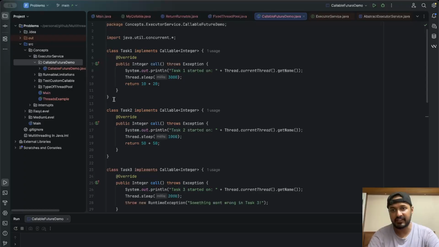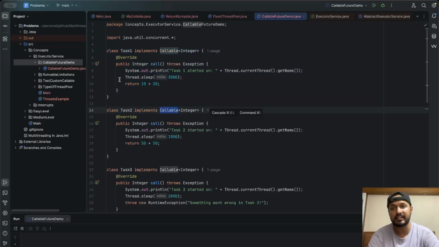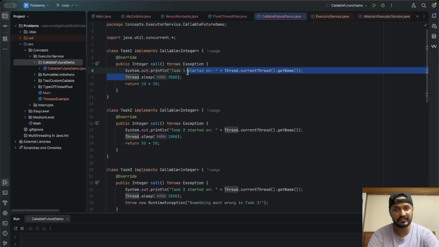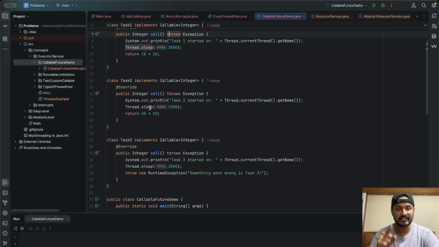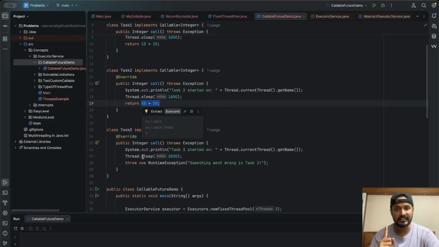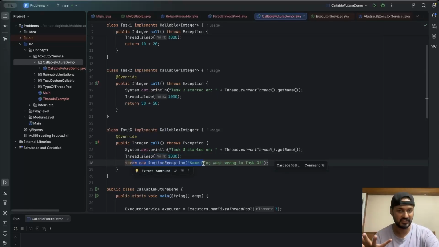What I have done is created 3 different classes that implement Callable and return an integer. The first class, after 3 seconds of sleep, returns 30. The second task, after 1 second of sleep, returns 100. And the third task, after 2 seconds of sleep, throws a runtime exception, correct?